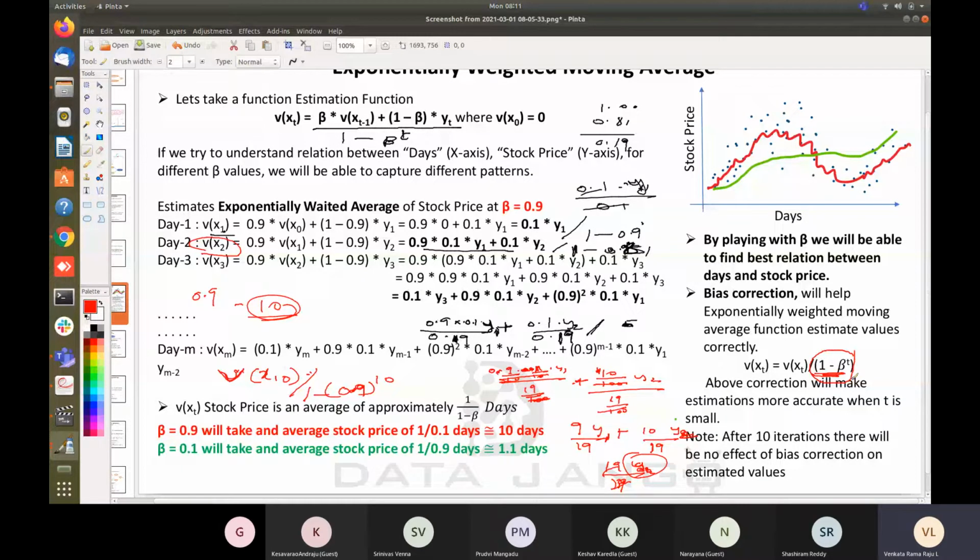It will help you predict well or understand the pattern well in the initial stages of the iterations. Okay, so we will actually use it in